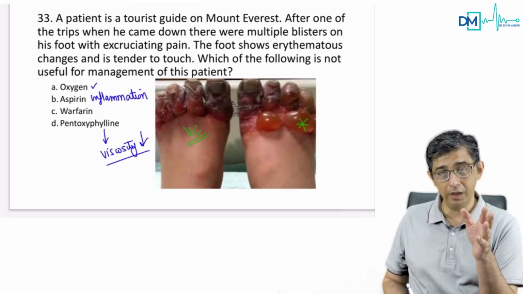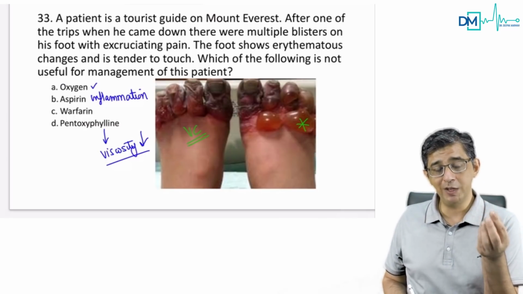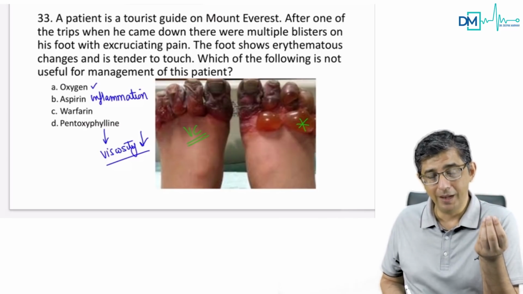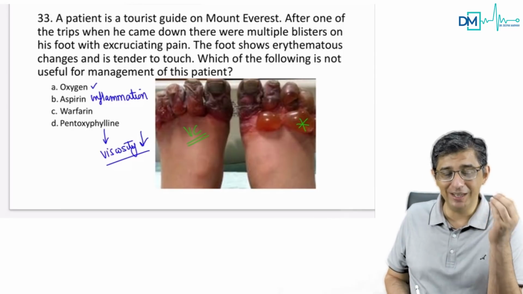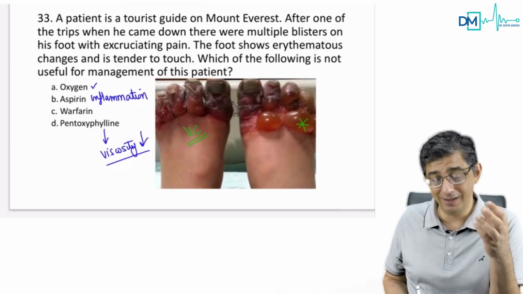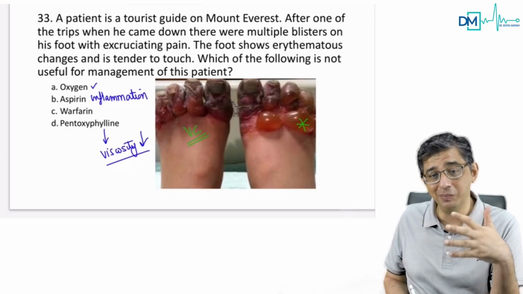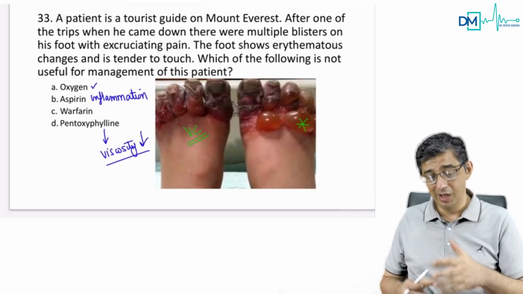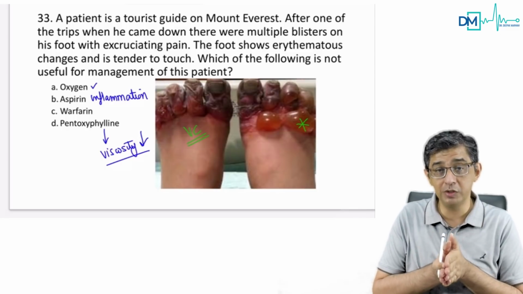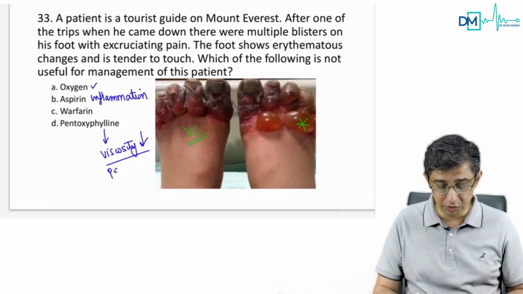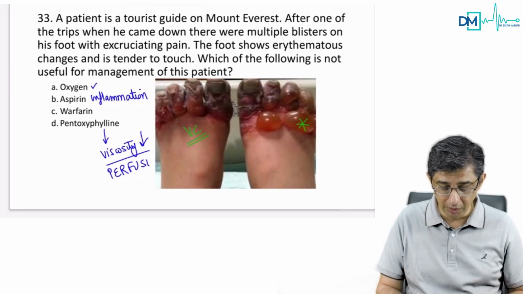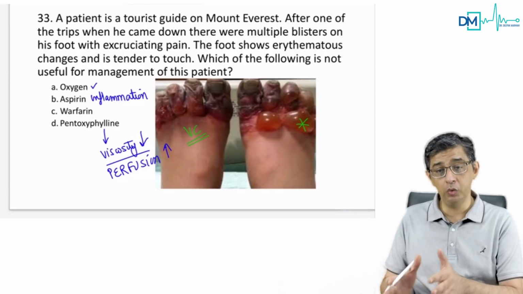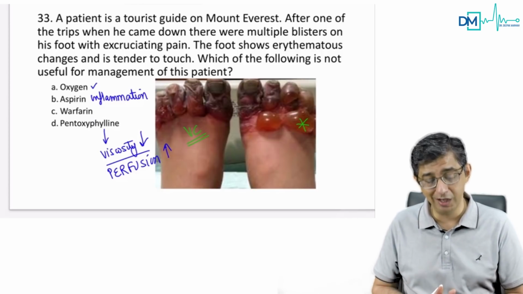वो तो, to tell a patient, we say like this, that aspirin blood को पतला करता है. एस्पिरिन ब्लड को पतला नहीं करता है, वो तो एंटी प्लेटलेट ड्रग है. ब्लड को पतला कौन करता है? What drug reduces viscosity of blood? That is pentoxifylline. So what is the advantage? If you reduce the viscosity of blood, what will happen? The perfusion to the distal tissues will improve. And if the perfusion to the tissues improves, therefore the chances of gangrene in this guy will reduce.